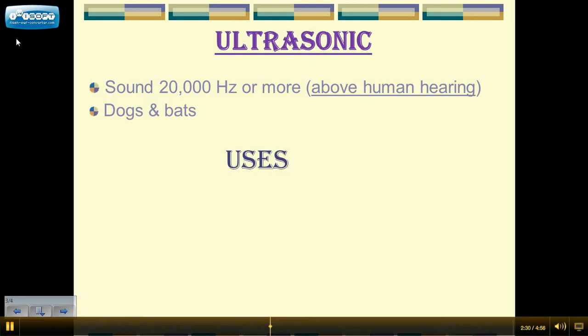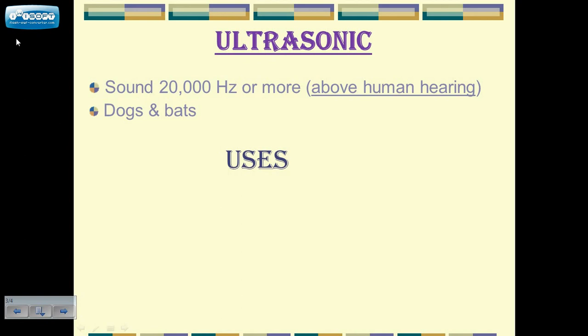So notice these are going to be purple sheet words. Ultrasonic. Ultrasonic is the range of frequencies above 20,000 hertz. So this is above human hearing. Most people can't hear above 20,000 hertz, though I have had a student who could hear up to 21.5 one time. That was really interesting. Animals that can hear above 20,000 hertz are animals like dogs and bats. Those are your dog whistles. That's why you can't really hear them. They're too high for you to hear.